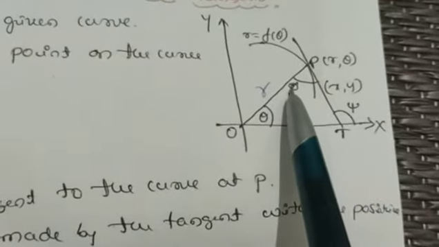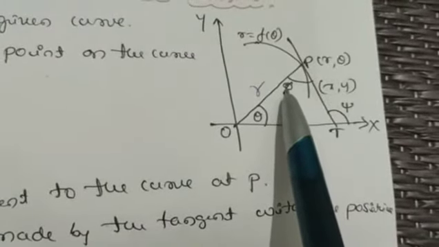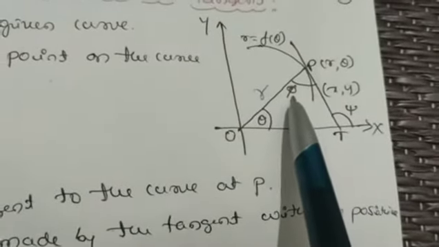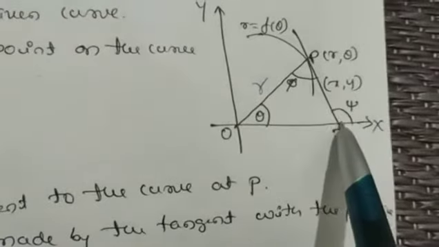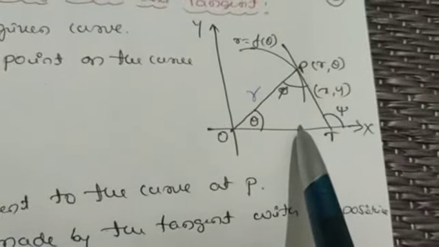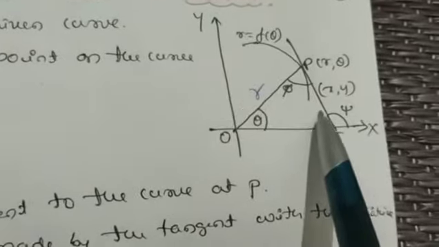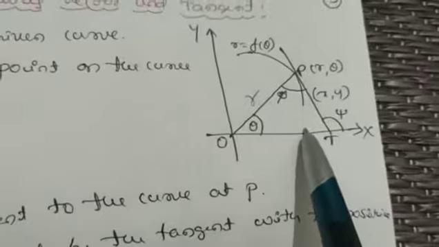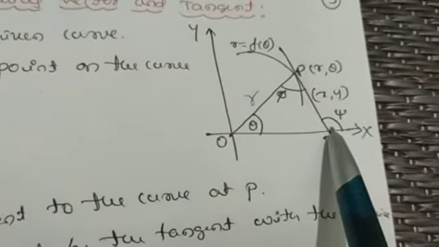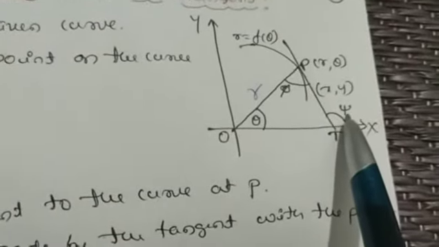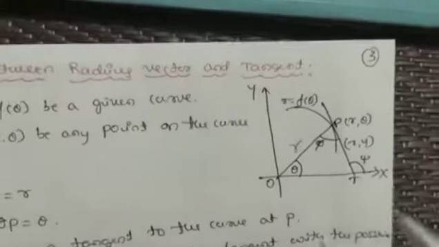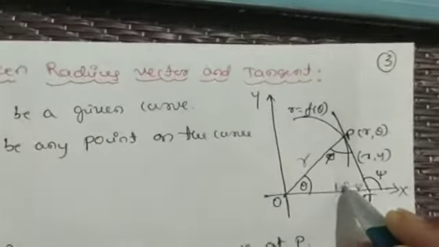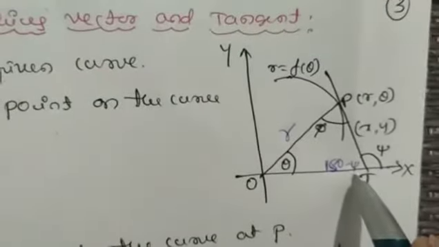We can observe this here. So xi is equal to theta plus phi. You know this. Now the remaining angle, what is the total angle here? This total angle is 180, because this is a straight line, no? This angle is xi, and the remaining angle should be 180 minus xi, isn't it?